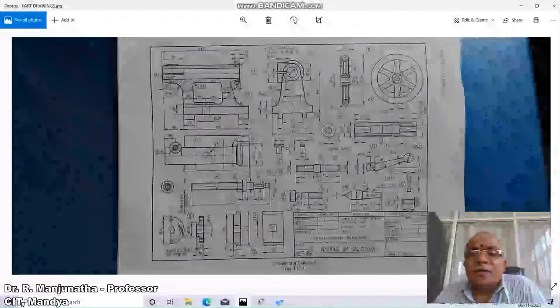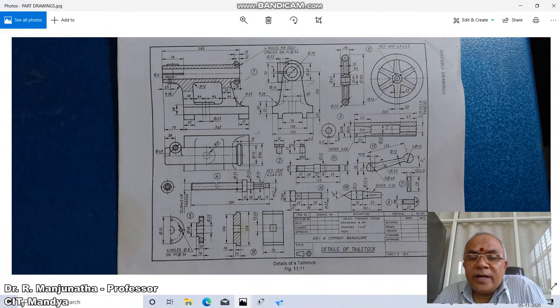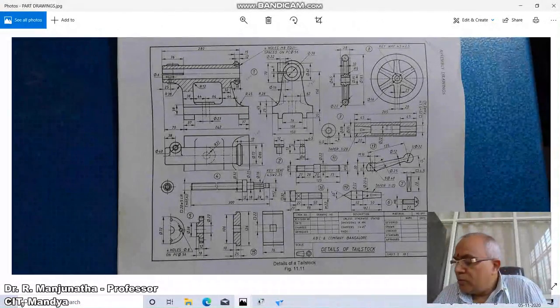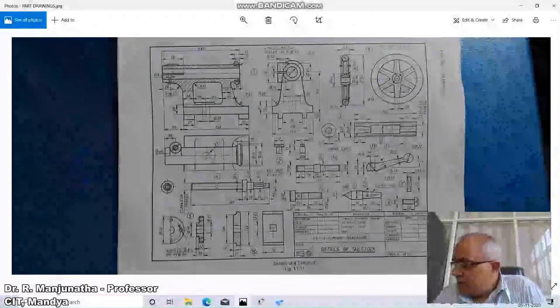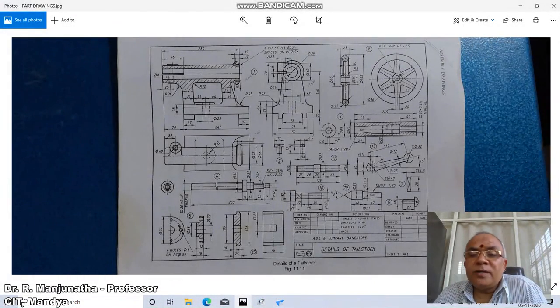So I will repeat, the taper is 1:20. It means that for every 20 mm length, there will be a decrease in diameter by 1 mm. So that means if you have a length of 20 mm, the other end of the diameter is going to be 19. But since you have 45, the diameter is going to be 17.75, because 1 divided by 20 into 45 is going to give you 2.25. So 20 minus 2.25 is going to give you 17.75. If you are taking the radius, then it becomes 8.875.